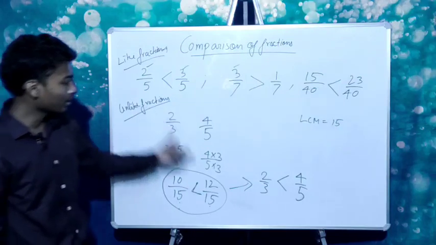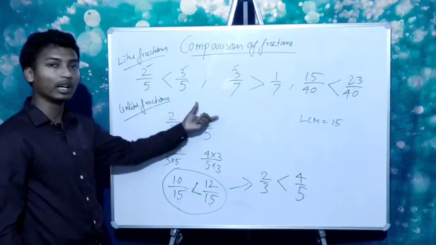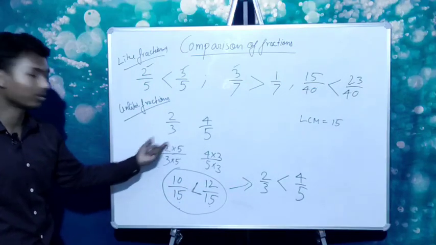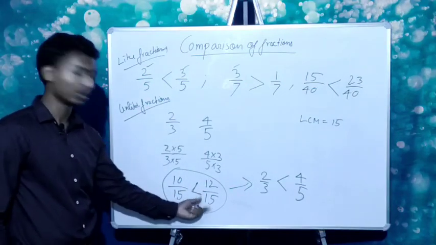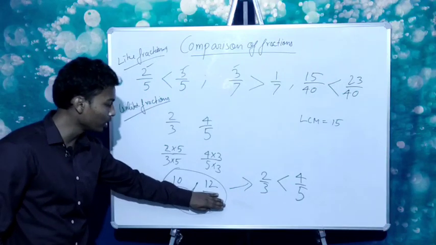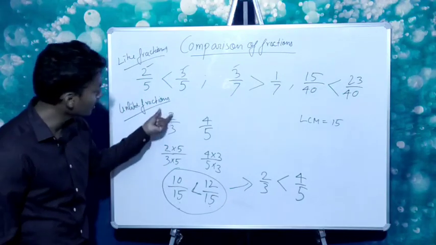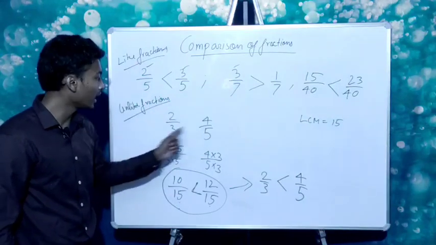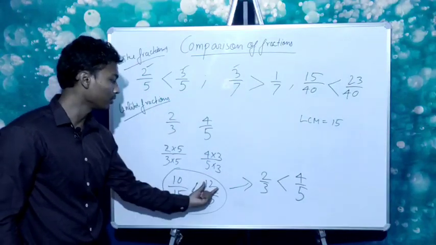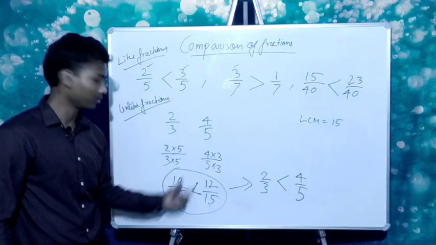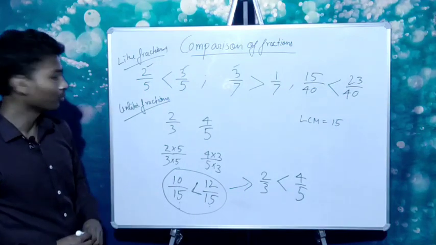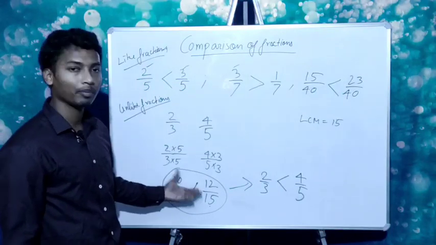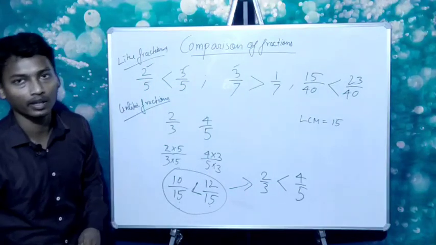So the shortcut method was actually finding the numerators instead of the denominators. So if you had multiplied the denominators as well, you would have got 15, 15. So mentally we can exclude the denominator part and just multiply the numerator of the first by the denominator of the second. 2 5s are 10, and here 4 3s are 12. So which one is greater? 12. So before working out and changing it into like fractions, mentally you can find out which fraction is greater.